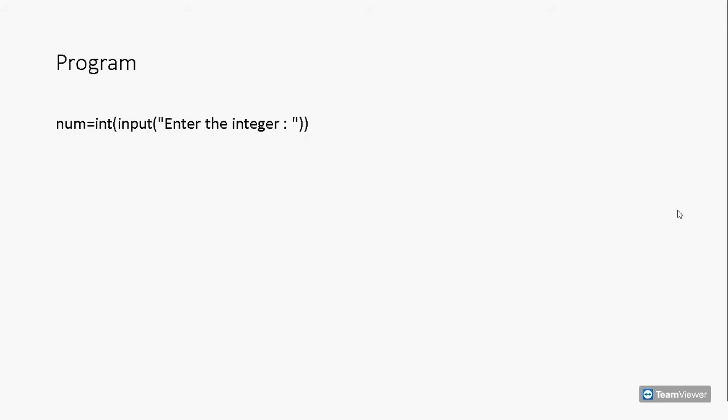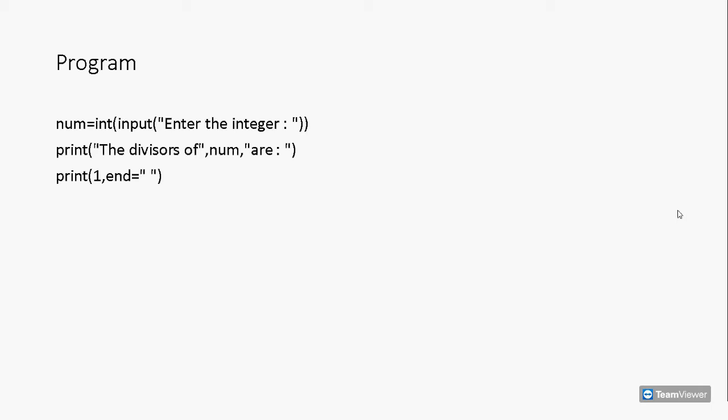num = int(input("Enter the integer")). This statement takes the integer from the user that he wishes to find the divisors of and stores it in the variable num. We already know that a number is always divisible by 1 and itself. So 1 and the number itself will always be the divisors of any number. Therefore, we are printing the first divisor as 1 through the above statements, and we will print the last divisor as the number itself at the last after the other divisors.